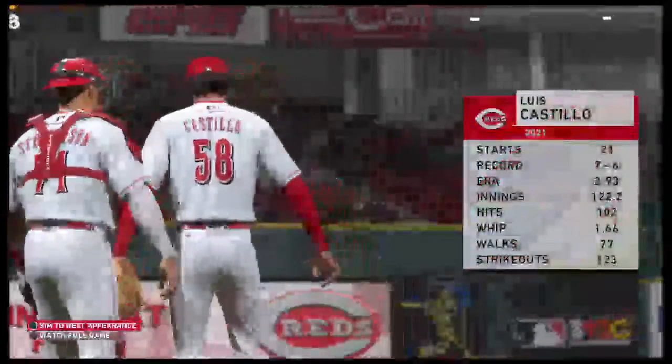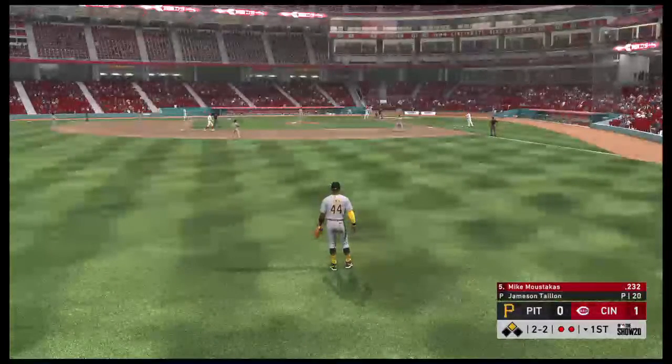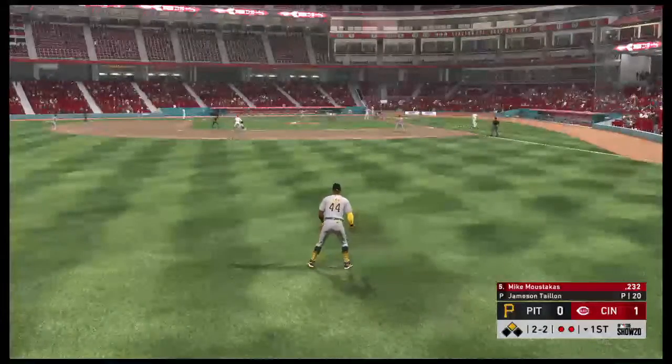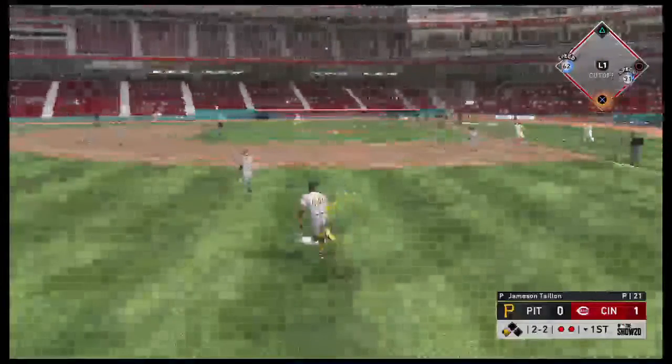Luis Castillo gets the start for Cincinnati in this one. What do we need to know here, Danny? Hey, this guy wasn't too bad in this last one, Matt. Pitched all the way through the sixth inning. And listen, that's what you ask for nowadays. If you can get your starter to get you through the sixth inning and turn it over to the bullpen, he took the loss in the...